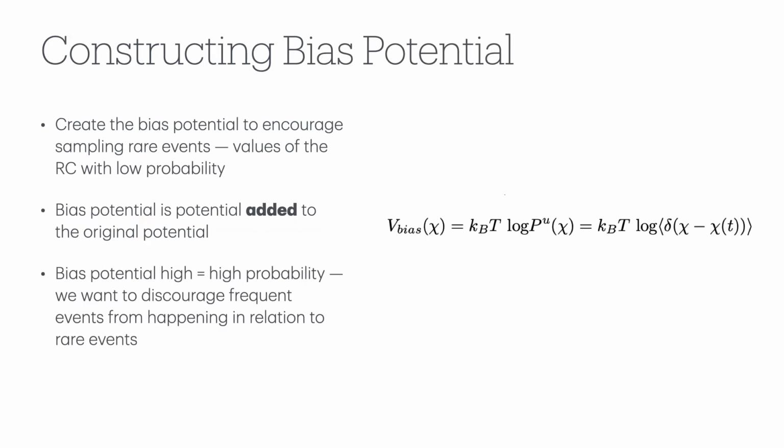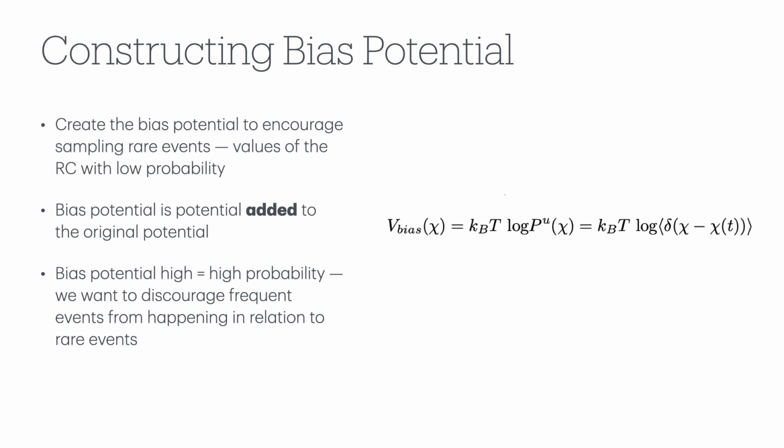Okay, so now that in this loop, in our iteration, I promised you that we get our chi, our reaction coordinate, and then we do the biasing, and then we run the sampling. So now that we have our chi, we need to use this to bias and carry out our sampling. The idea is we want to create the bias potential to encourage sampling rare events. That's the whole point of this.